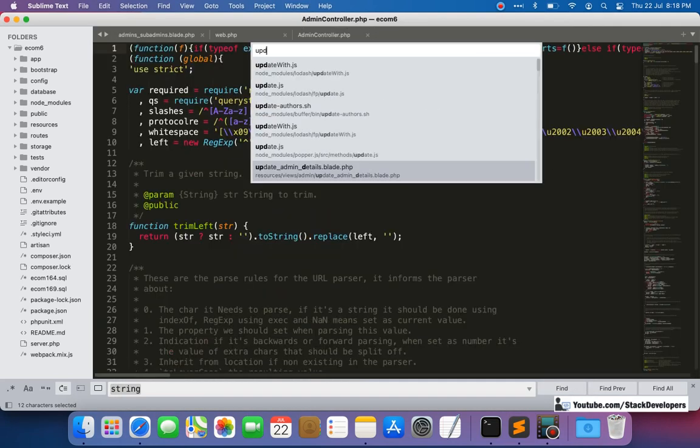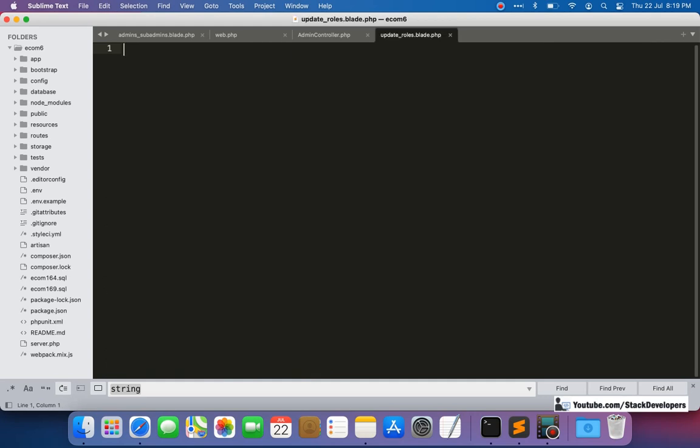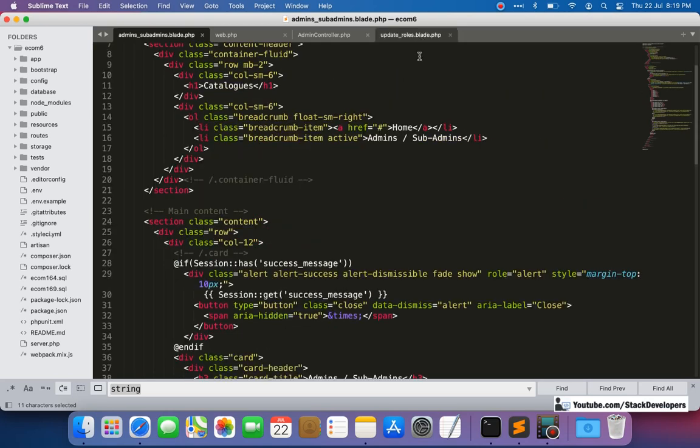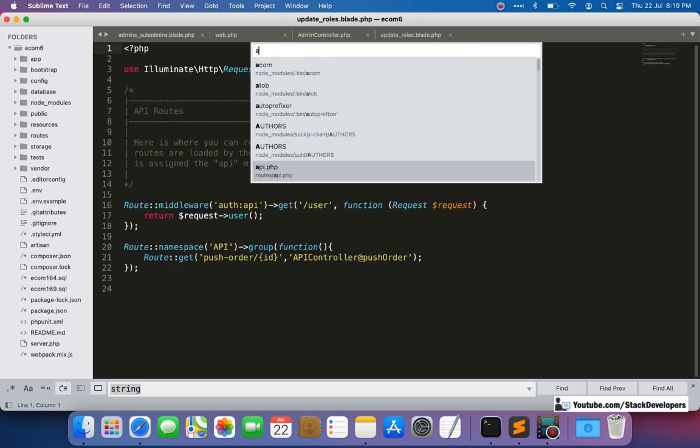Okay, so here I'm going to open this file, update underscore roles dot blade dot php, and I'm going to copy here from somewhere. I'm going to copy some product form, some kind of module. I can copy from any simple module, like brand.